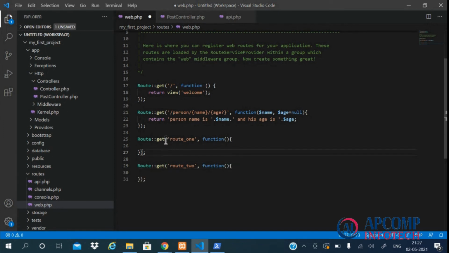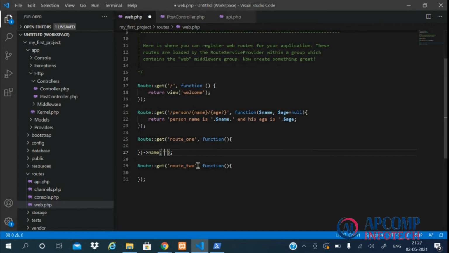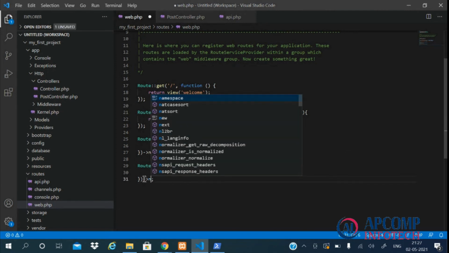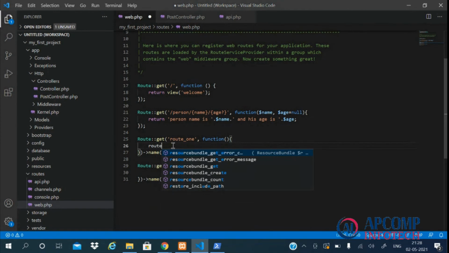So for giving a name to this route, we will call a chain method name and pass any name for this route, like route 1. Similarly, we will give a name to this route also, route 2. So for getting the URL of the named routes, Laravel provides a helper function which is route, and within the function we'll pass the parameter as the name of the route.